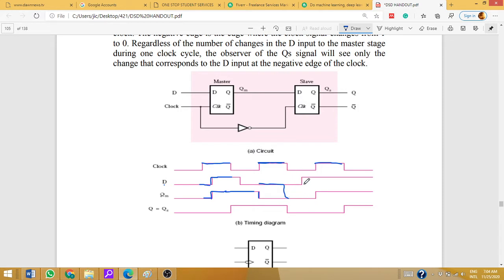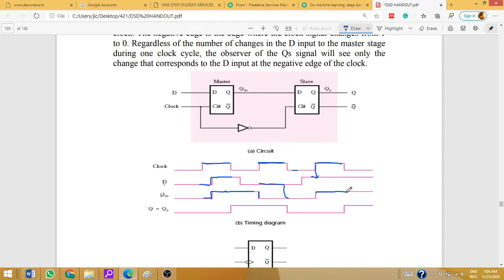And you can see here as well, the clock is low. We are talking about the first latch, which is the master and which depends on the high level. So whatever is here during the low state will not affect QM. Now during the high state of the clock, the rising edge, what is D here? D is at high level, so QM is high here.